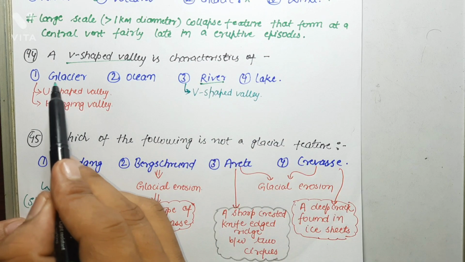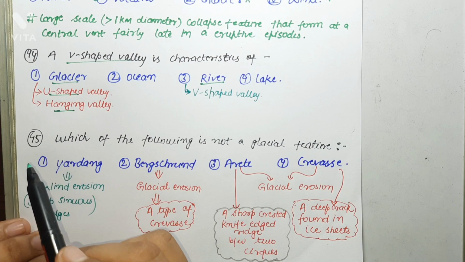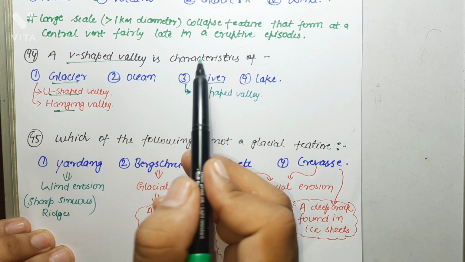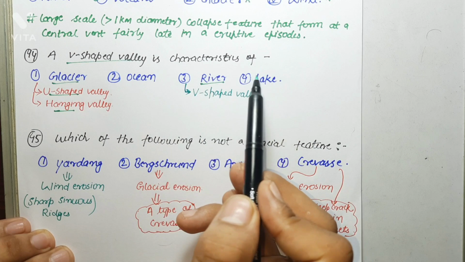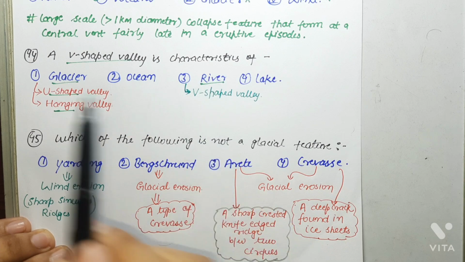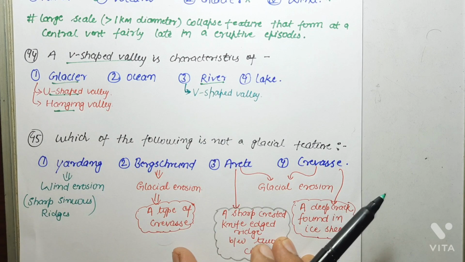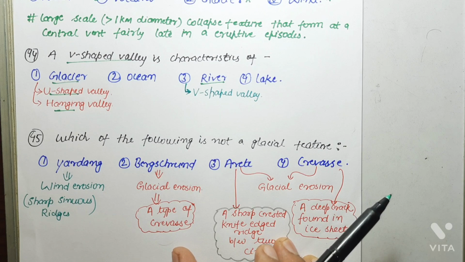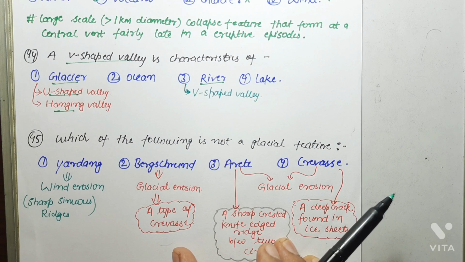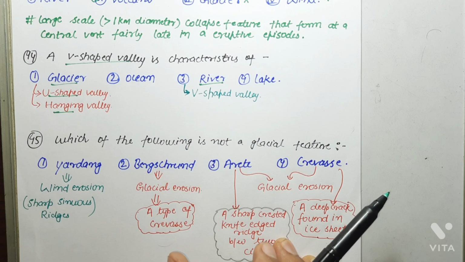In case of glacier, there are two valleys, U-shaped valleys and hanging valley. But in case of ocean and lake, there is no such valley formation. So V-shaped valley is characteristic of river, and in case of glacier, there are U-shaped and hanging valleys. In case of karst landforms, there are two valleys, Blind Valley and Pocket Valley. There may be other valleys also, but most significant are Blind Valley and Pocket Valley. Please name some of the valleys which you know in karst landform, or other valleys if you know. Please comment down below.